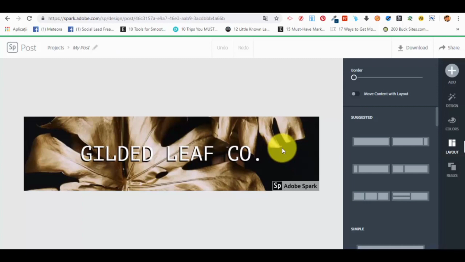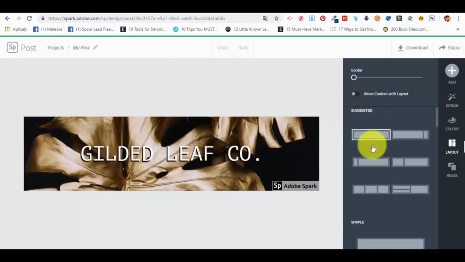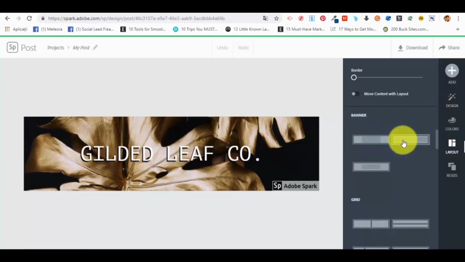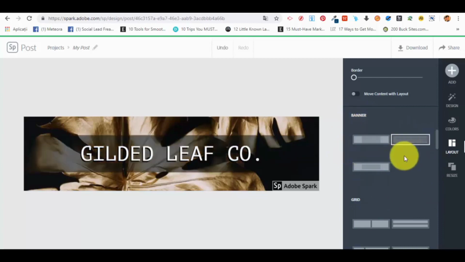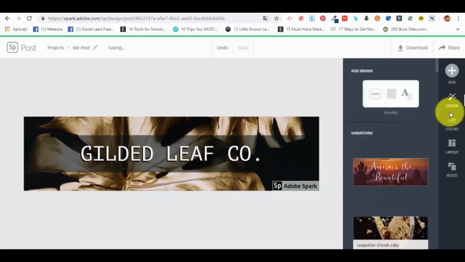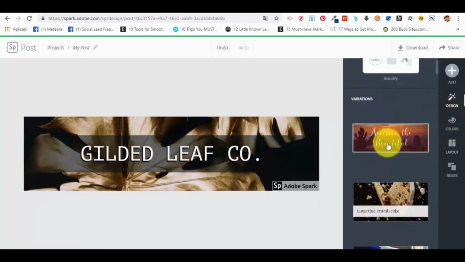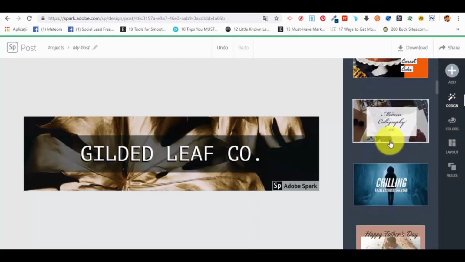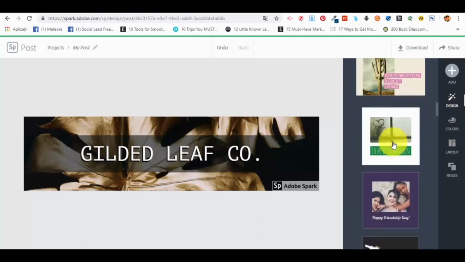As for the designs that you have previously seen and that we have previously created, you will see that it's very similar. Again, what will be different are the designs, variations and templates, and also the way we can change the layout. Now let's select something different for this one, like this banner type of layout. Okay, and now let's see what type of designs we have. And we have a few very interesting variations. Okay, now let's select one of them,